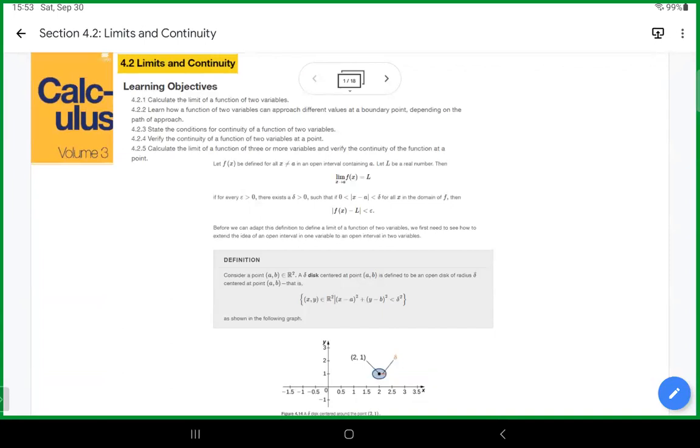And then we have our definition here. If we let f of x be defined for all x not equal to a in an open interval containing a, let L be a real number, then we would find the limit as x approaches a of f of x is equal to L. For every epsilon greater than 0, there exists